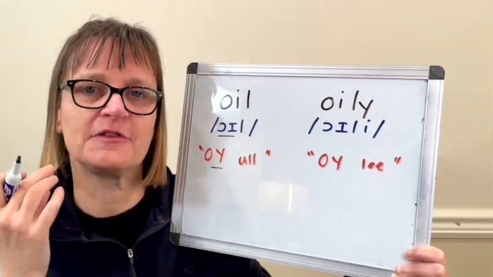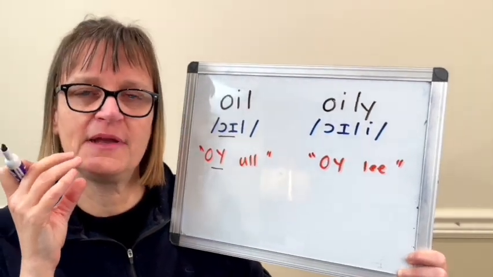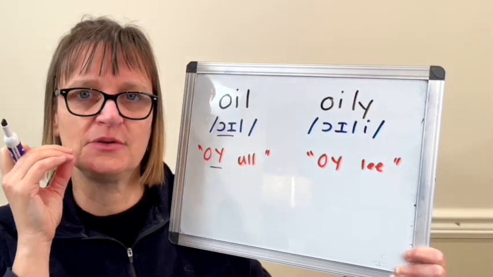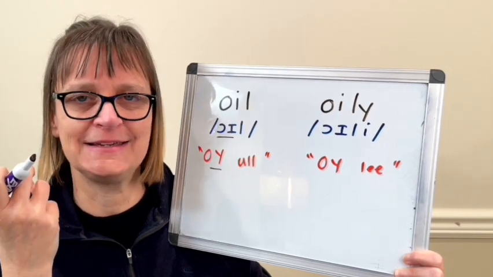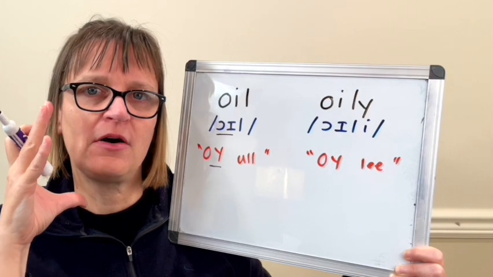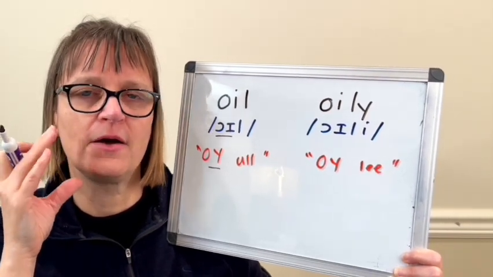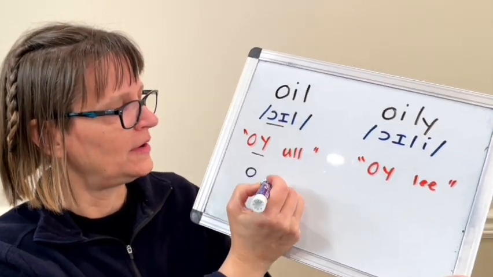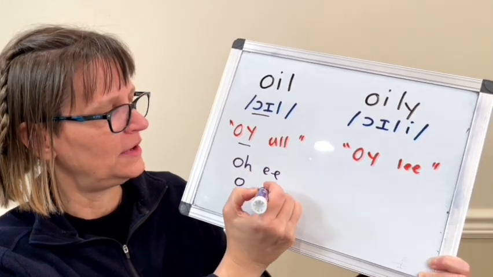positions of my mouth. So the beginning position is starting in a similar amount of opening as the ah sound, and then closing to a similar amount of opening as the I sound. I'm not using ah and I per se. I'm just starting with a rounded open vowel and closing with an unrounded high front vowel. Oi, oi. Sometimes I like to think about it as an O and an E, so more of an O-E